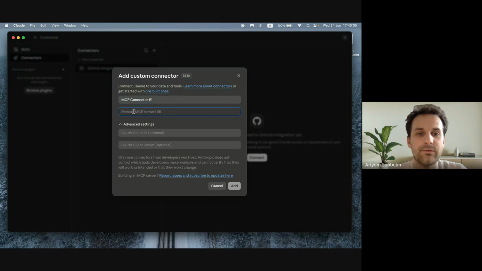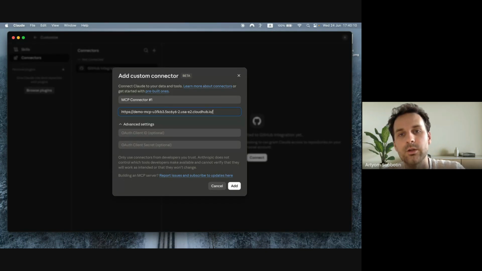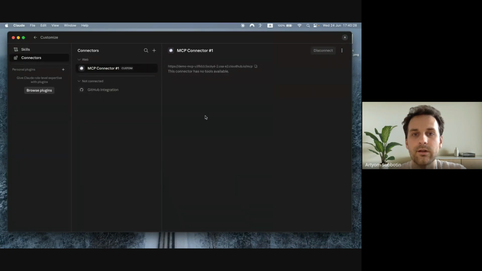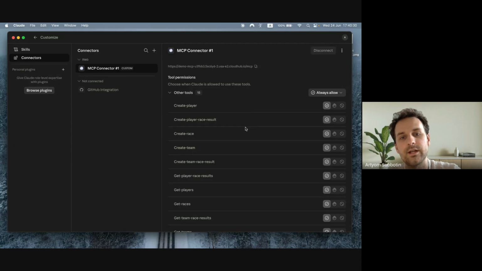For the remote MCP server URL, I will add the public endpoint of the MCP API, and what is very important, add /mcp at the end, because each MCP server runs with the base path mcp after the main URL address. So I am pressing the add button, and yes, you see that I've just received all of the tools available under the MCP API.